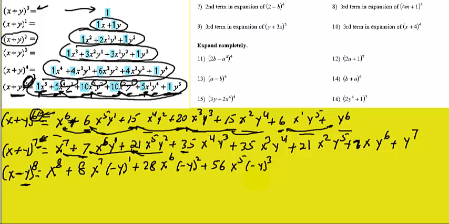Okay, now as you can see, this is going to be a negative answer because this is an odd power. Whenever you have an odd power, you're going to get a negative answer. That's why the second term ended up being negative, because of the negative y to the 1st power. Okay, alright, let's finish this off. To get this next one, we'll add 35 plus 35, which is 70. X goes down, negative y